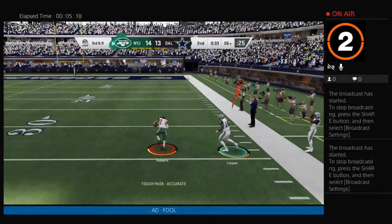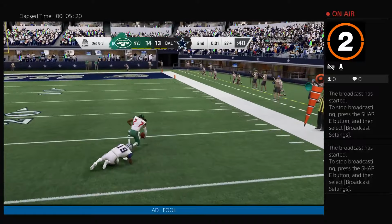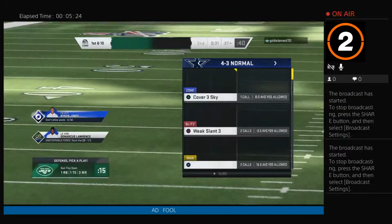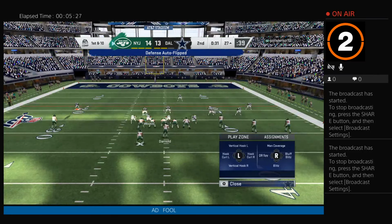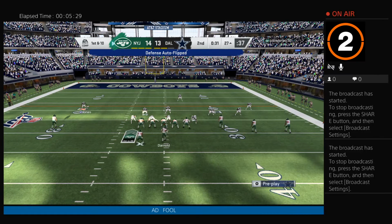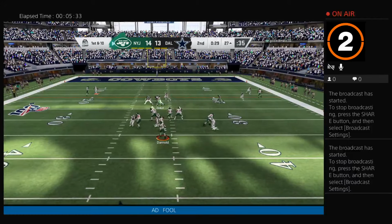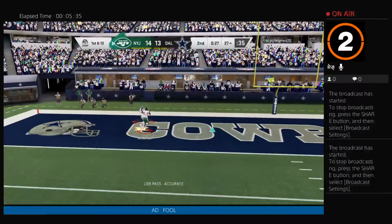And for the third time here in this half, it's intercepted. Picked off at the 35. And he's able to get it back to right around the 27. You're trailing, you're trying to get points late in the half. I absolutely understand that. But remember, it's all about the ball. And without the ball, you can't...